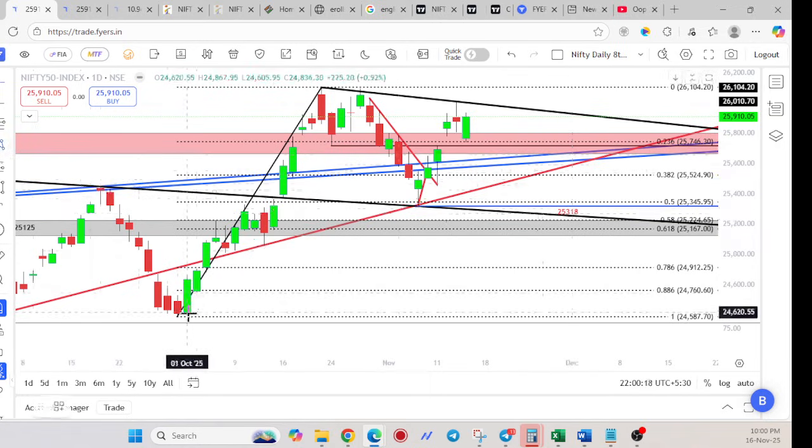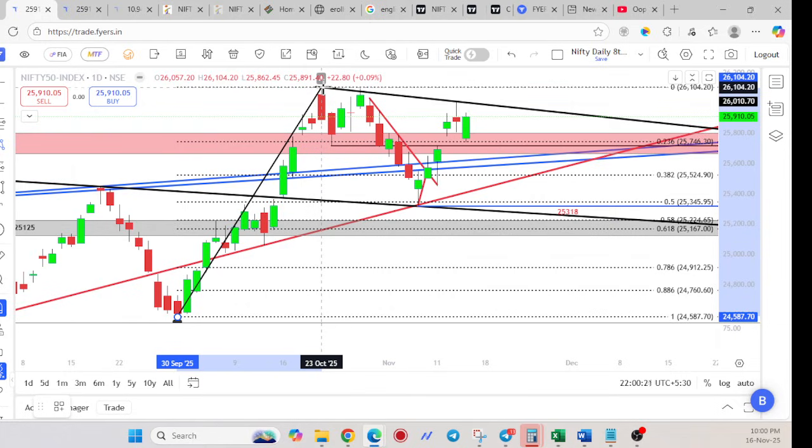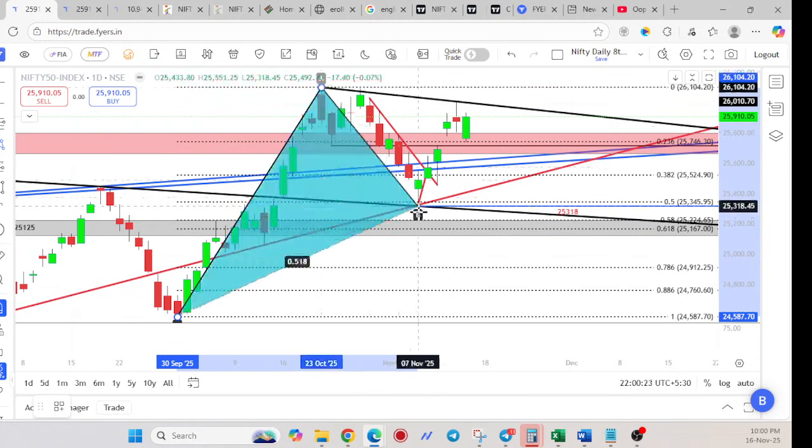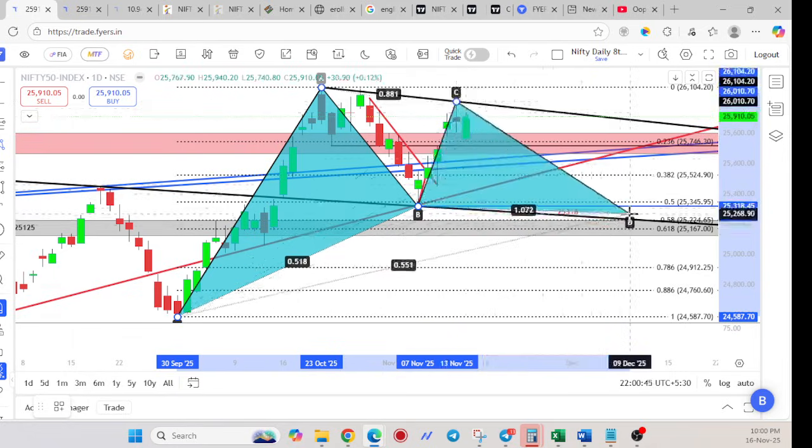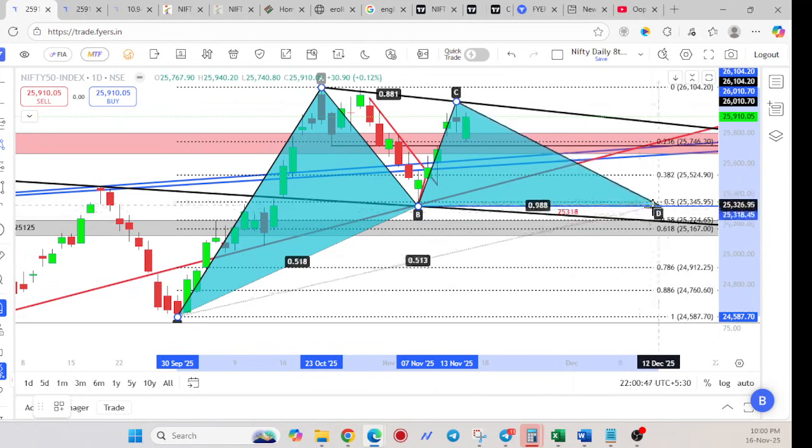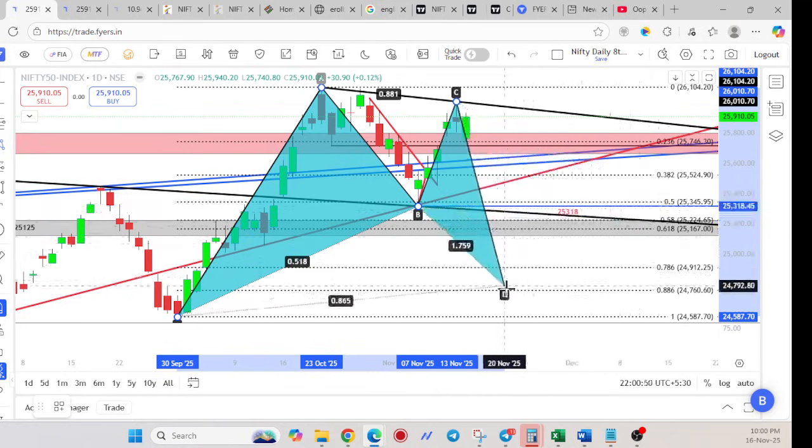because it will form something called a harmonic pattern, something like this, right? This is a half bat. We spoke about it, 25,345 half bat. I showed you the chart also from where we went up. Now if this stops here, if it doesn't go above it or even above this previous all-time high, which is at 25,104, if it doesn't close above that, then I'm assuming that what can happen is it will break this 0.5 levels and form a full bat like this,